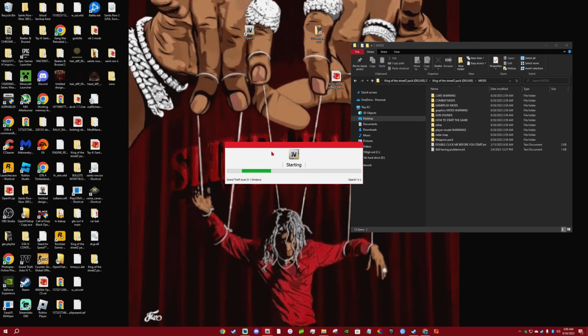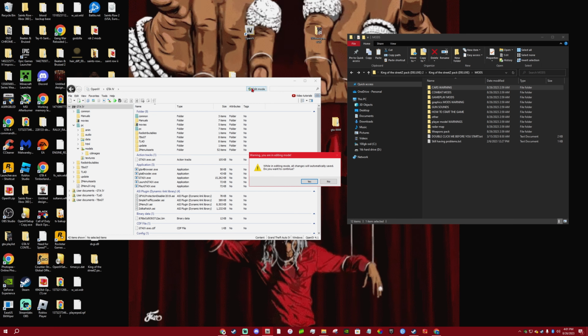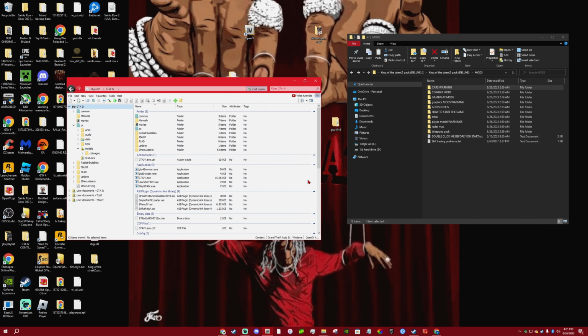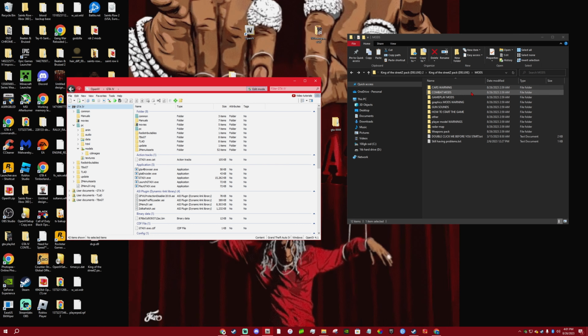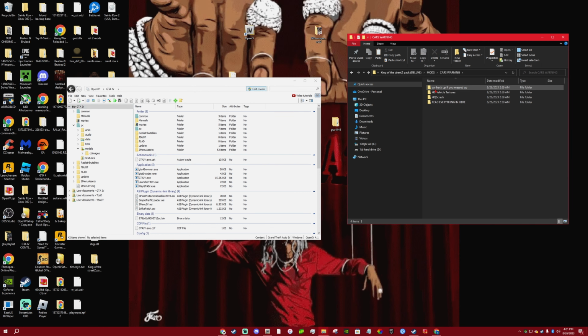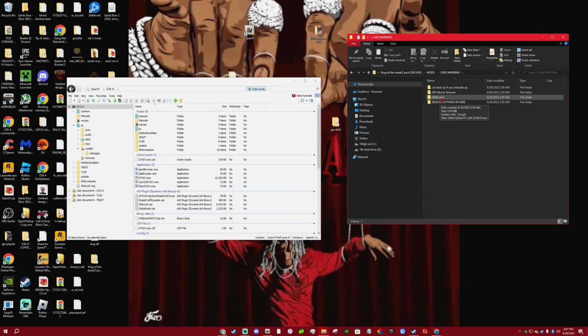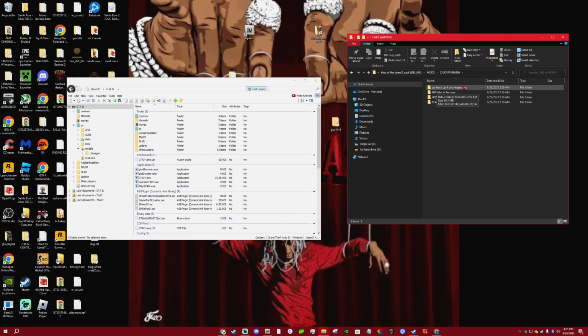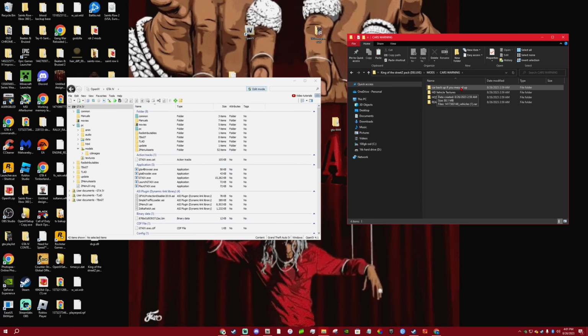All right, y'all. We're gonna start with the cars. First thing you do when you open up OpenIV, first thing you do is come up here in this right corner, and you want to enable edit mode, or none of your mods will work. That's crucial, very important. So enable that. Okay, now you want to go over to cars here in the King of the Streets pack. Go to car warning. So we got a few things here. We got HD vehicle textures. We got high quality scratches, and then we got car backup, just in case you don't like all the modded cars anymore. You want to go back to the regular cars. It's right here. I'll put that in there for y'all.